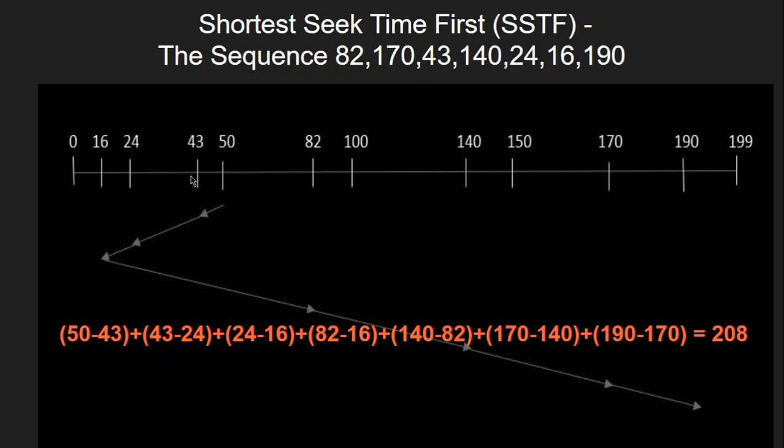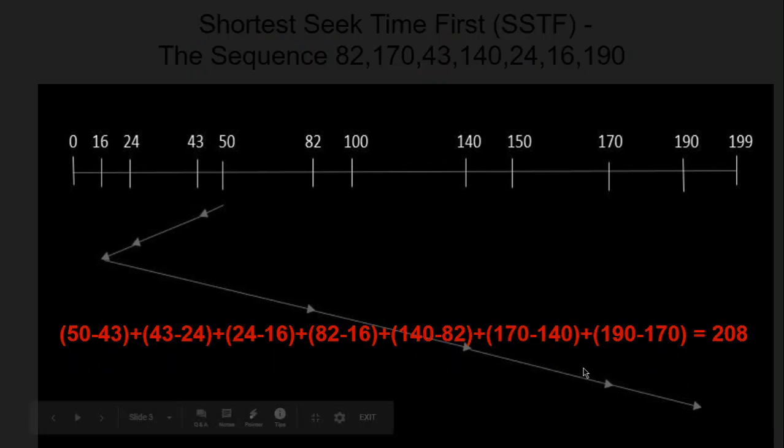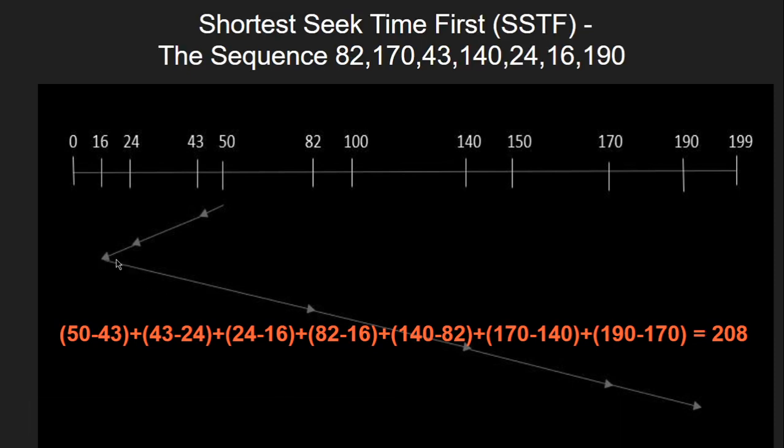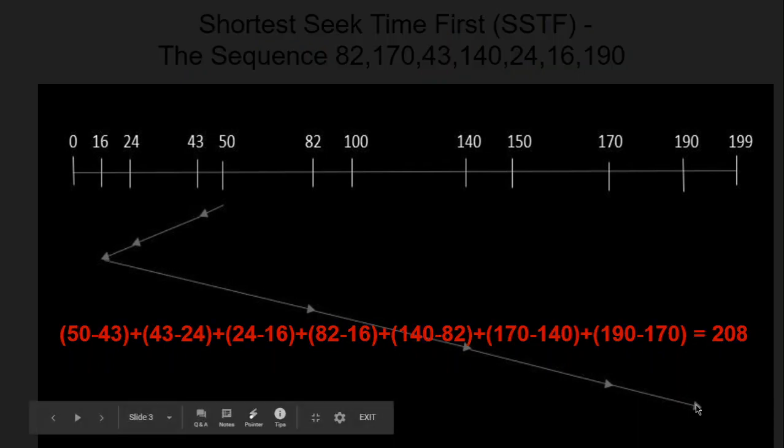So accordingly, from 43 to 24 it is shorter than any other request, so it is moving in this direction, and then from 24 it is 16. Naturally, when you start in one direction in shortest seek time first, it will go in one direction for some time and then turn to the other direction based upon the disk requests. So here till 16 it is very close to 50 because they are lesser than 50 values, and afterwards the seek time goes from 50 to